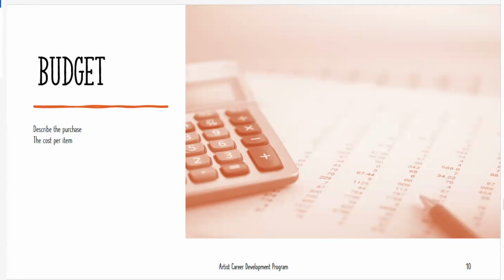For example, if you need a mentor for 4 hours at $50 an hour, you would list that as a $200 expense, and you'd show those calculations so that the panel understands how you arrived at that $200. This level of detail helps the review panel have a clear picture of your needs and ensures that they understand that you have a realistic plan for your proposal. Remember, the maximum amount you can request is $4,000, and you should round up your figures to the nearest dollar. If you're awarded, you'll need to submit receipts for all purchases made with the grant funds, so keep good records.